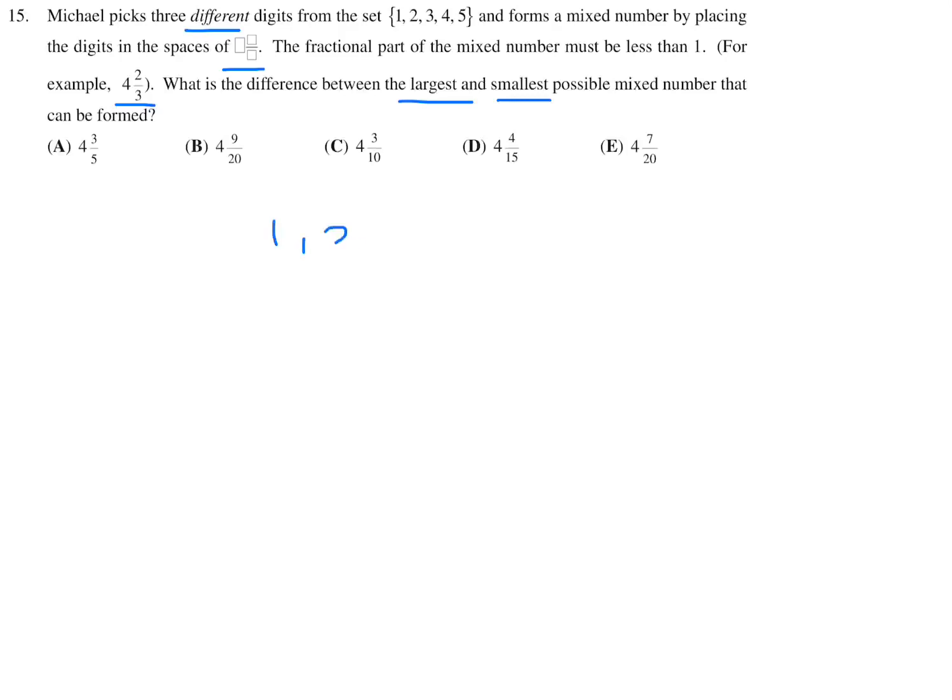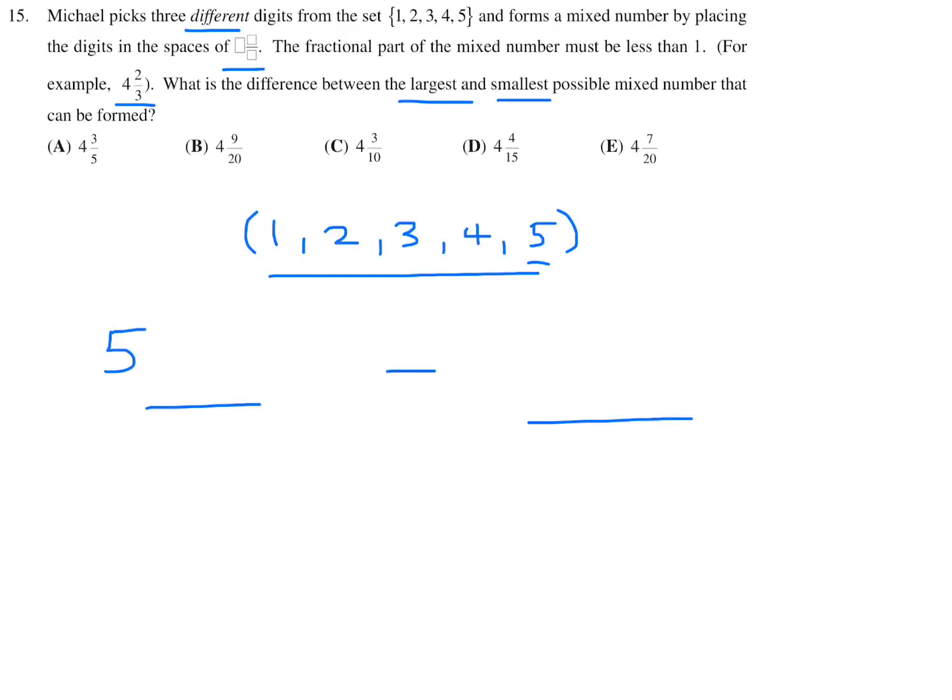All right, so we have 1, 2, 3, 4, and 5 as our possible choices, and we want the largest mixed number and we want the smallest mixed number, and then we're going to subtract them. So let's make the largest possible number with these choices. Well, the largest whole number is 5, and then if that's already been taken, I've got these 4 numbers left, and I want to make, again, the largest possible, and I think that would be